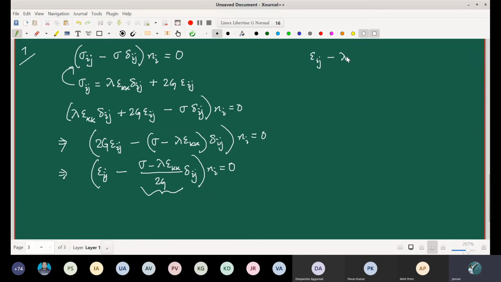So there is a little bit of an issue here, because I should not be writing this as lambda, that will just be confused with the Lamé parameters. Rather, I should be writing the eigenvalue statement in this form. Okay, so this is the given eigenvalue statement. All right, so now you compare this one with that. Just compare. They're exactly the same forms. The only difference is present here.